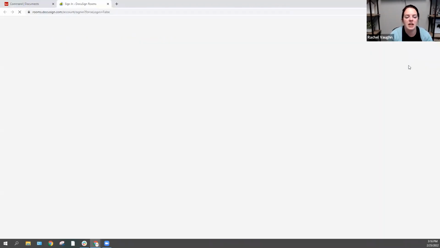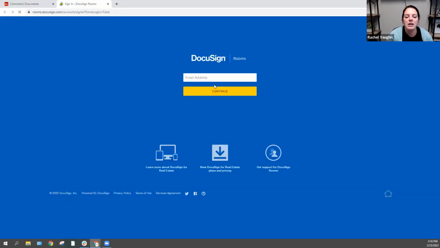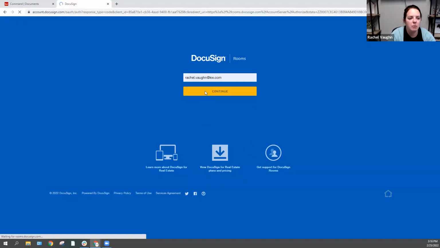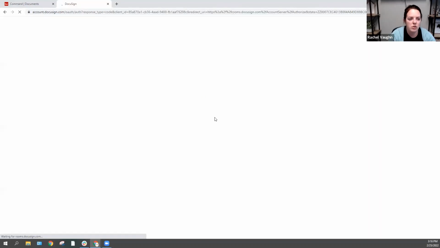This is how it's going to take you to DocuSign. This is where you're going to access your forms, fill them out, and send them to your clients. It will load eventually. Okay, there it goes. So you'll log in, and if you're not sure what your DocuSign user and email is,